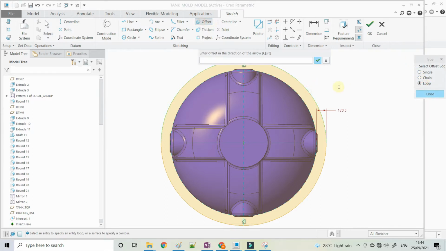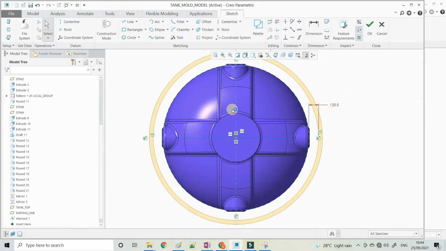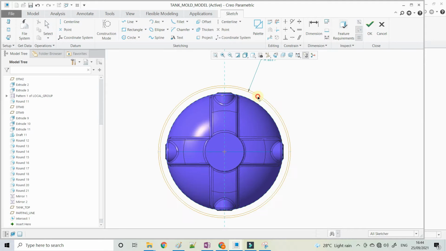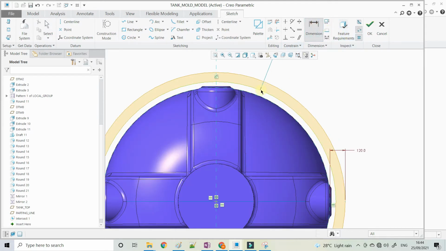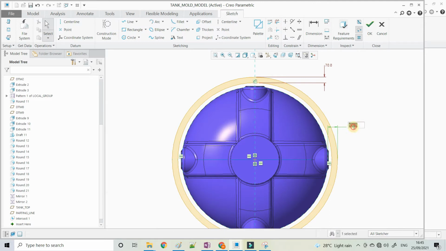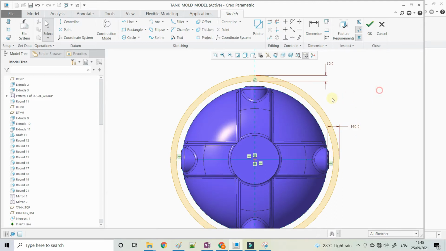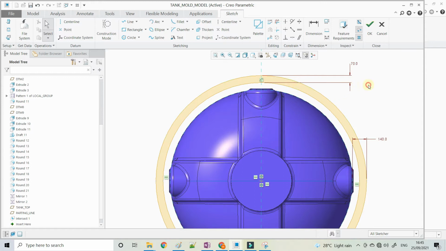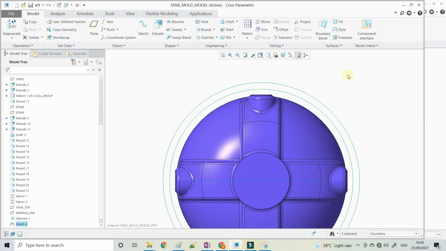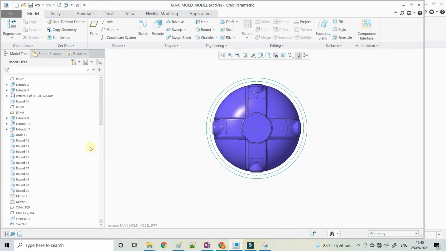Another offset. And this circle is the pitch circle diameter for the bolting, that is for the holes in the flange. Here you can change the name to flange.